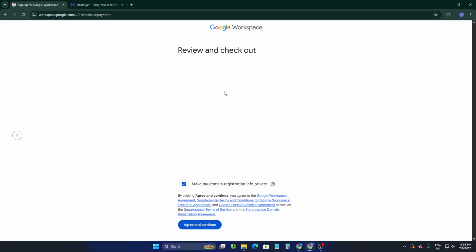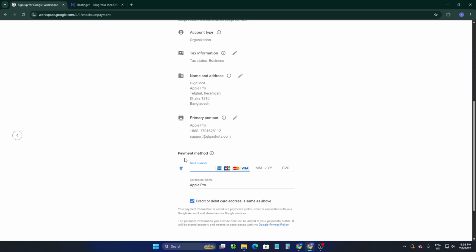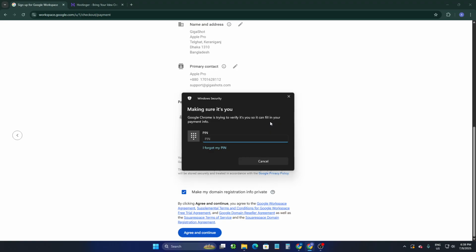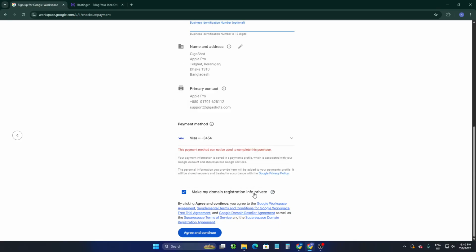Now I'm going to add, and here you have to go through the review and checkout option. Now I'm going to wait for it, and now you have to add the payment method here. So for example, we are going to add the payment method. So after adding the payment method, you have to simply click on this agree and continue button. So right now it's not taking my card here, but whenever you are at the payment method, then it will